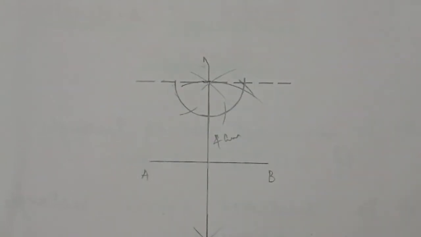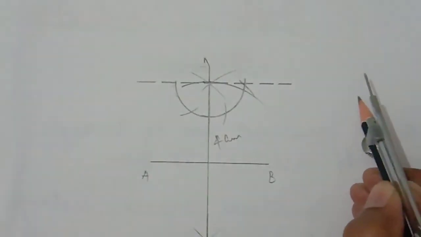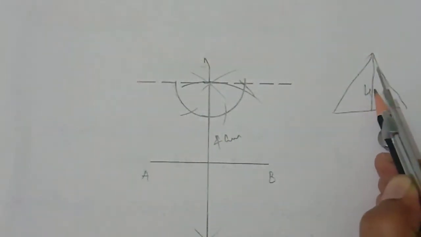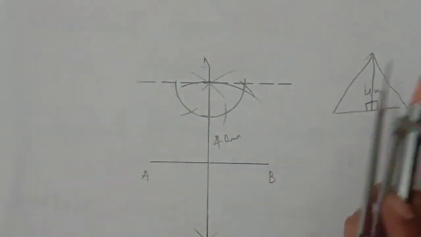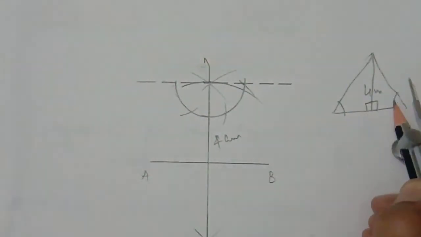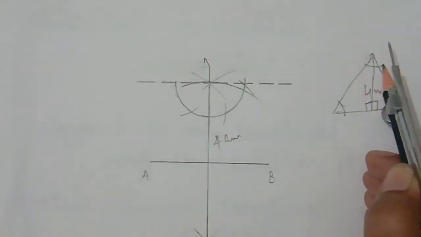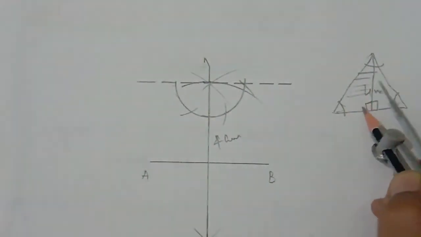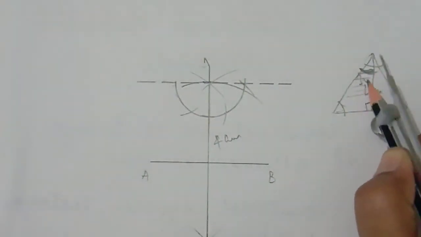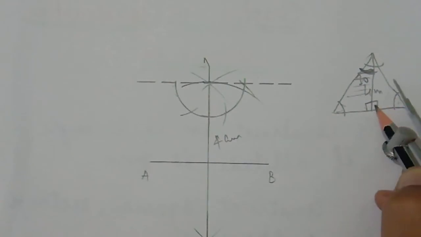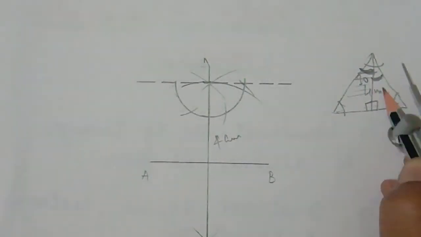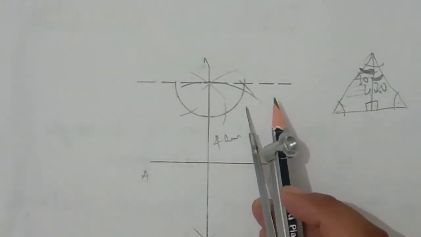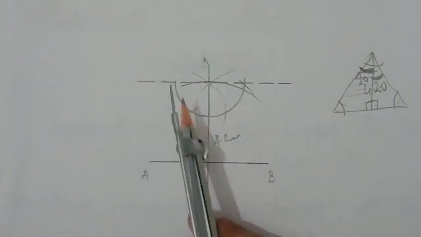Now students, first of all, roughly I will explain that we have an equilateral triangle which we are going to draw with an altitude of 4 centimeter. Altitude means 90 degree angle, and it is an equilateral triangle, and then we know that these two angles are 60 degree. This is also 60 degree. But in this small triangle, this is 90 degree, this is 60 degrees. Because of the angle sum property, this part of the angle is 30 degree. Same here, in this small triangle it is 90 degree, it is 60 degree, and this part is 30 degree. So we have to draw two 30 degree angles from these two sides, then we will get our result.